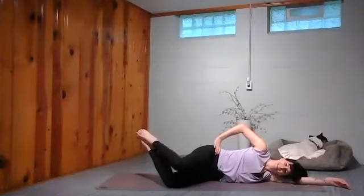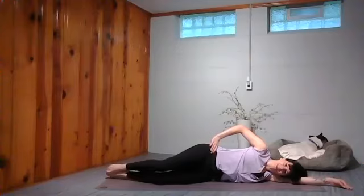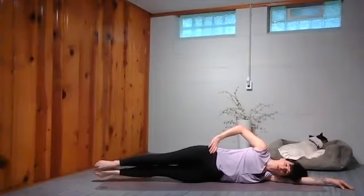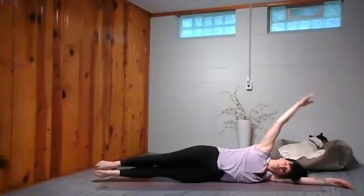2, and 1. Now lower the feet for more of a challenge. Keep your hand here, keep your mouse house, and see if you can stretch those legs down so that your whole body's in alignment with the mat. You're reaching through your legs so much that they're coming up into a little hover. Keep your hand here, or bring it onto the mat to help you with your balance, or take it overhead,